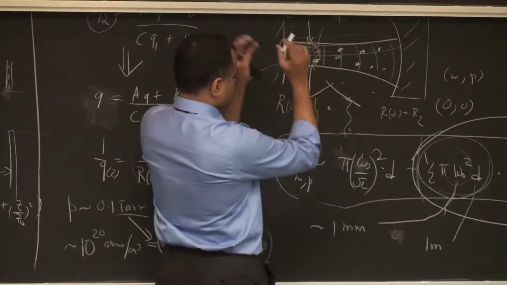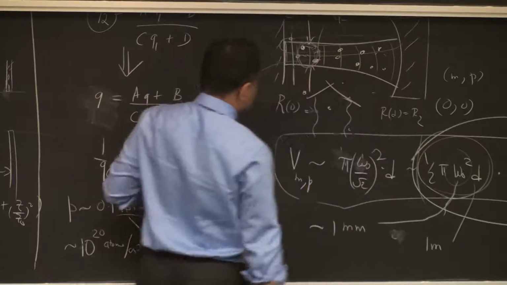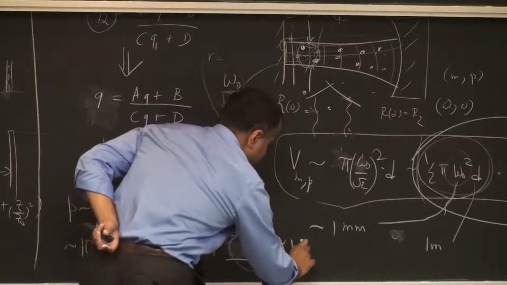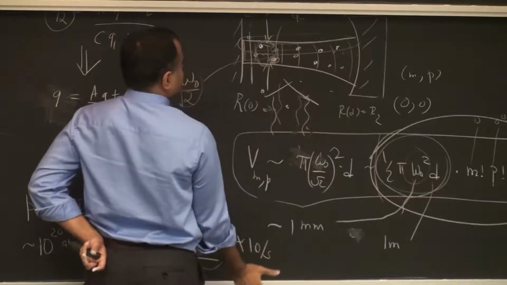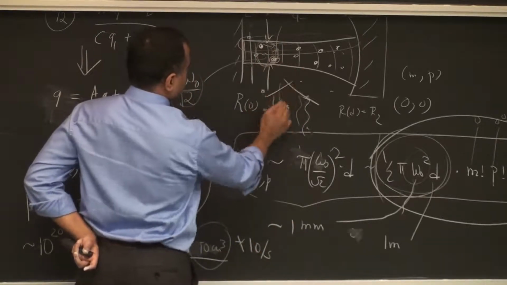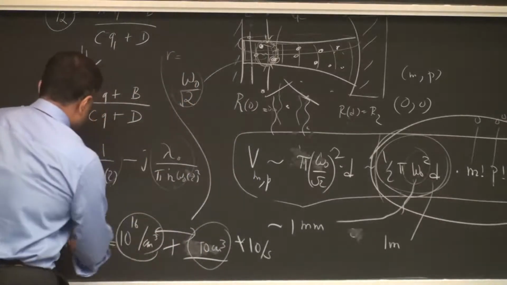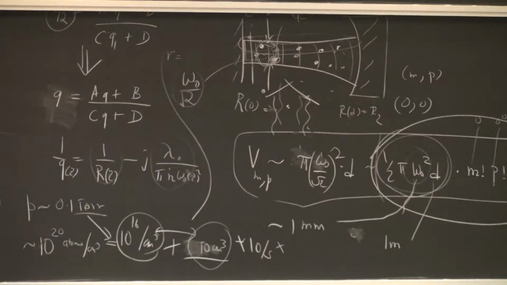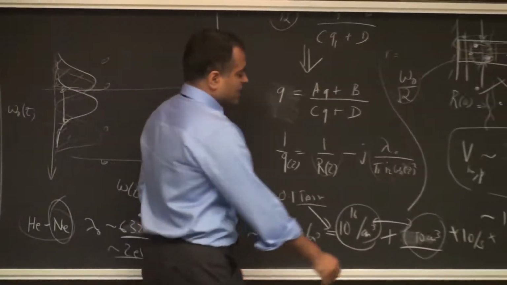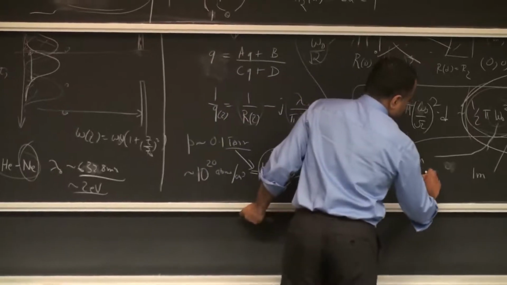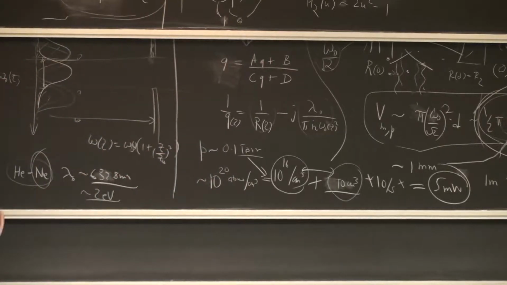we'll be exciting this with some sort of a broadband light source, and it will absorb the light and then do stimulated emission. Let's say from here you get about 10 per second absorption of a photon. These numbers we'll see in detail later, but each neon atom is absorbing 10 photons from the broadband light source per second, and it creates stimulated emission. And when you combine all these things, and the photon energy from this wavelength is about 2 electron volts, you can multiply all these together and you will get about 5 milliwatts of power output.